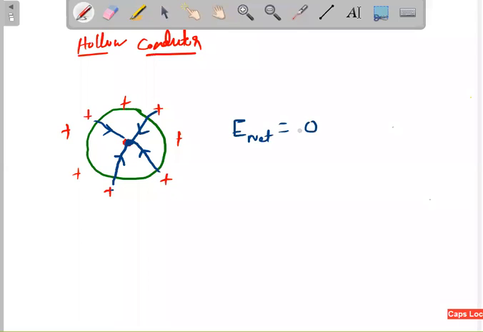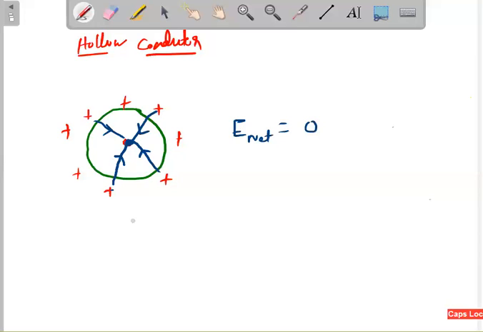For this only I have given you one exercise. I don't know how many of you have done it or not, but the net electric field in this case will be 0, because these two have equal strength but opposite directions, like this also. This is like a circular symmetry. You take any vector, definitely you will get an opposite vector with the same magnitude. Finally you will get a net electric field of 0. So what is the observation? Electric field inside the hollow conductor is 0.